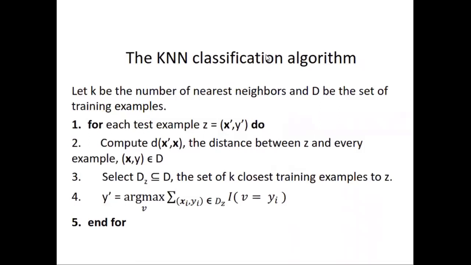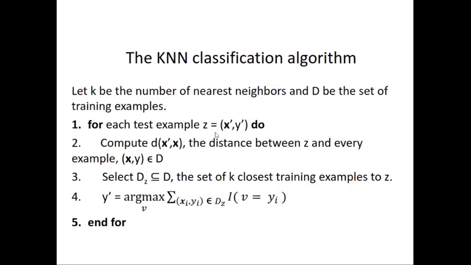These things should be there in your mind always. X always represents input, Y always represents the class of data, if it is 2 class or 3 class. Capital D always represents the set of training examples. So in the previous table, we had 4 training examples, so D is nothing but that set of 4 training examples. Now, what this KNN algorithm has to do: we have a new data, and for that new data, you have to compute the distance, and then classify which class it belongs to.